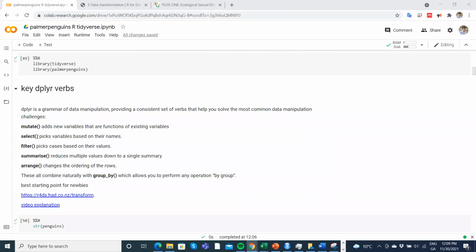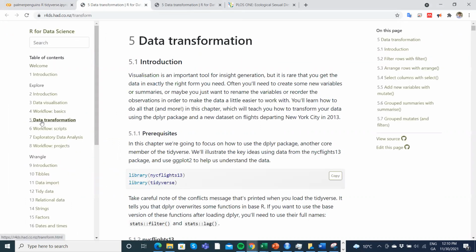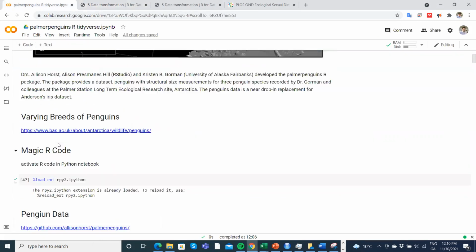and then apply these well-known data transformation verbs, mutate, select, filter, summarize, arrange, group by, and a few more standard verbs or grammar for data manipulation. And if you want to get a reference for those verbs to understand or to get some background detail, chapter 5 of R for Data Science is where you might take a look. So we're going to go back then to the